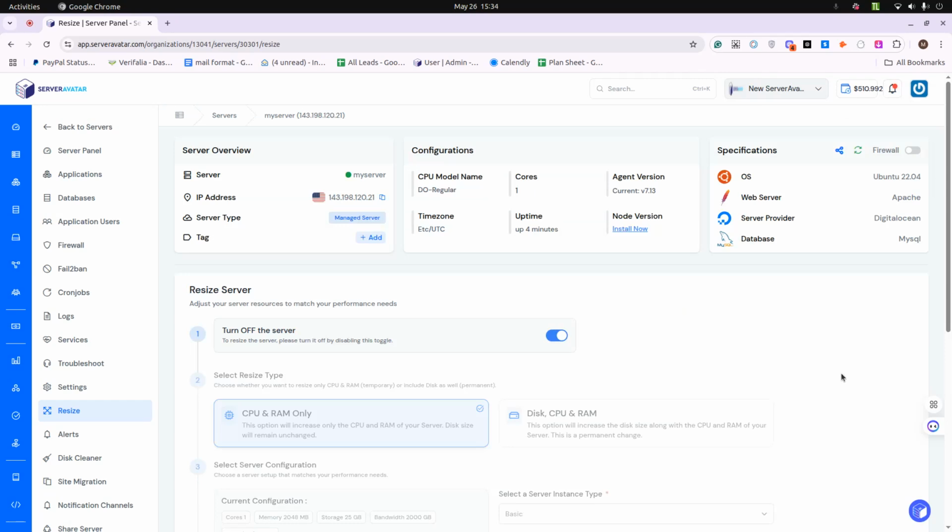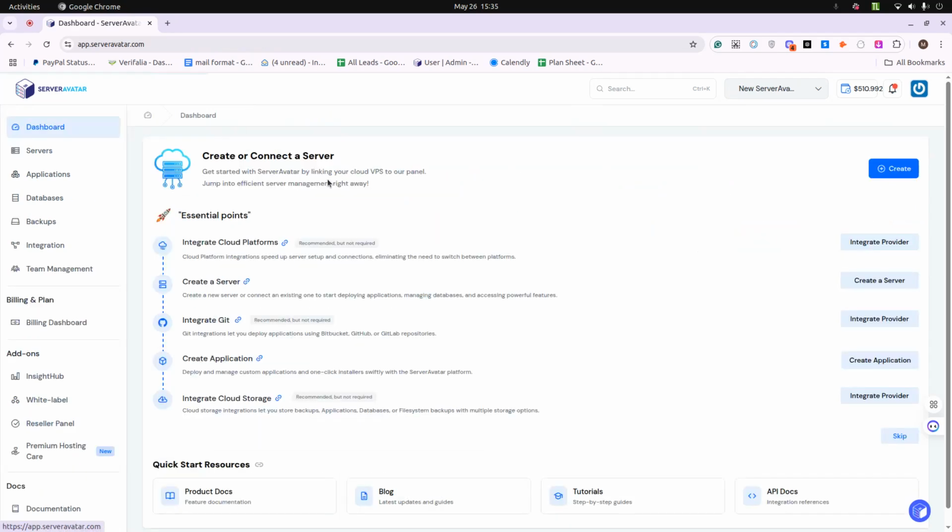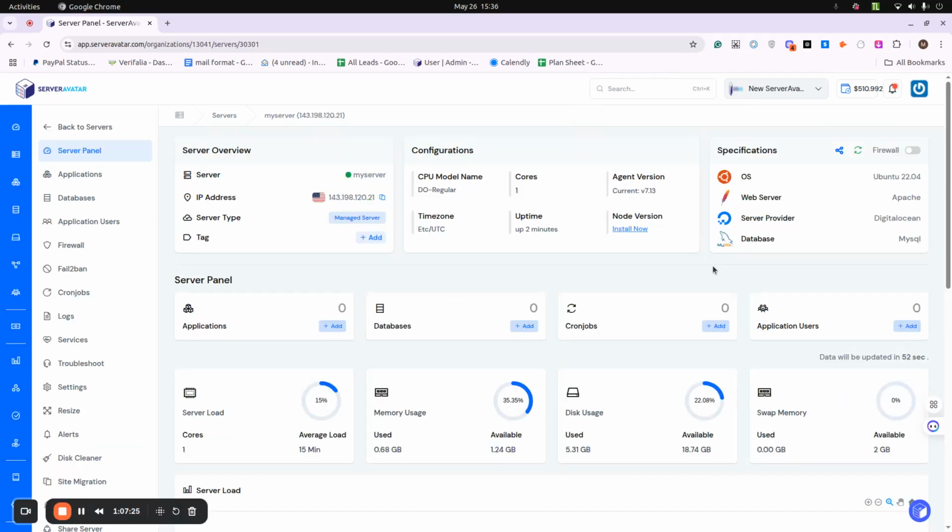If you are using a Vultr server, just select your new location and plan. There is no need to turn the server off or select a resize type. By clicking on the Resize Server button, your changes will be applied automatically. Please note that disk upgrades are permanent. You cannot reduce the disk size later. Second, downgrading CPU and RAM support will depend on the server provider. And the last one, resizing usually completes in just a few minutes.